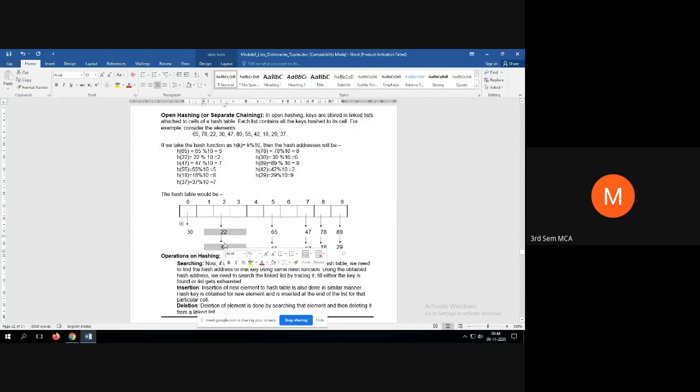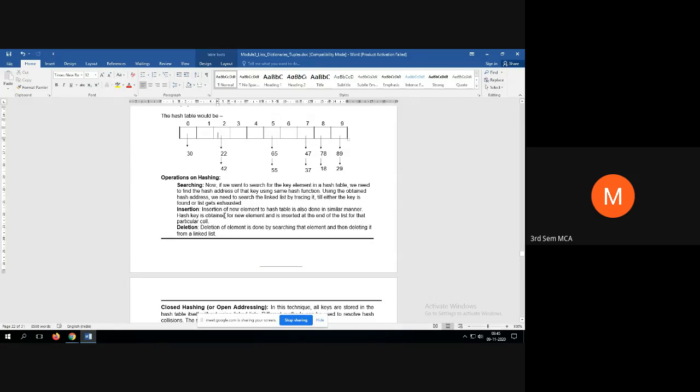If I consider this as just a 1D array, I can store only one element, isn't it? To overcome that, we have taken the concept of a linked list. We have stored those two elements in a separate linked list, and its address is stored in the second index. So this solution is called open hashing.